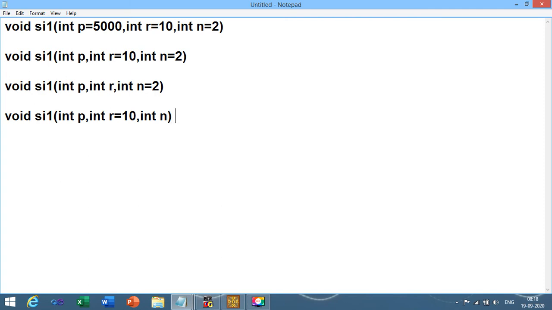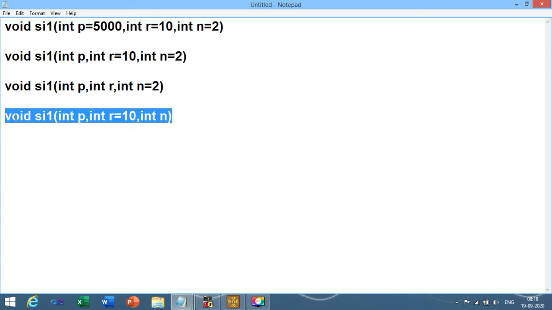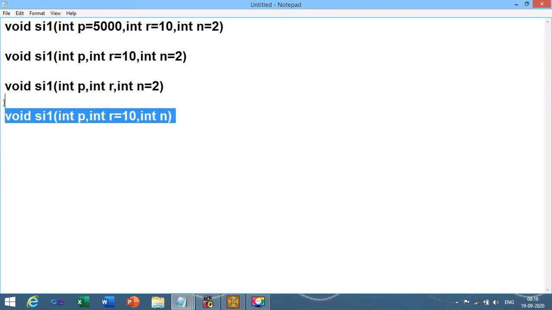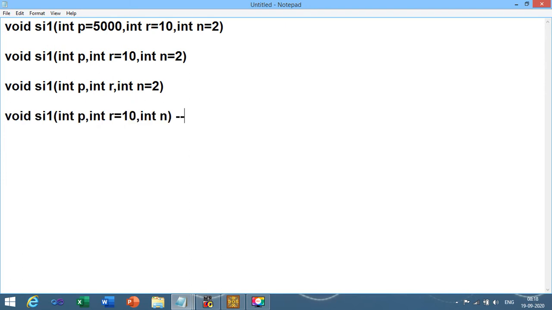This is an incorrect way to declare a default value. Why? Because if you want to initialize the value of r, you compulsorily need to initialize the value of n, and it should go in order. So first I need to give the value of n, then the value of r, and then the value of p. But this is the incorrect way.